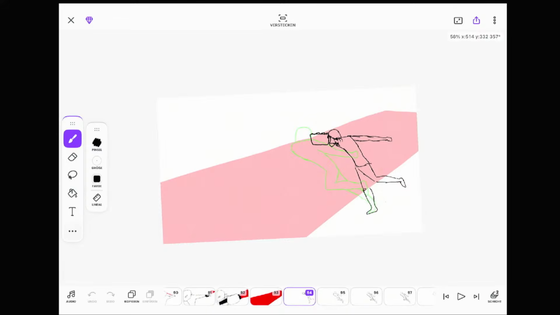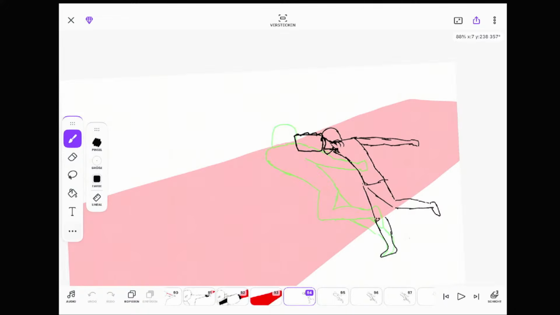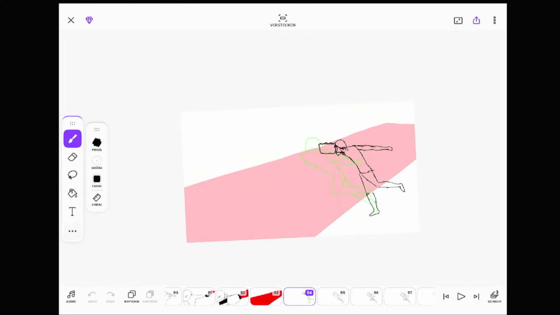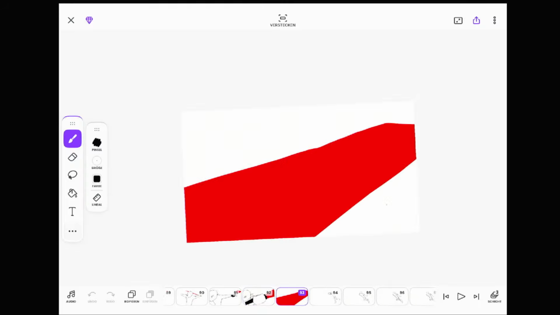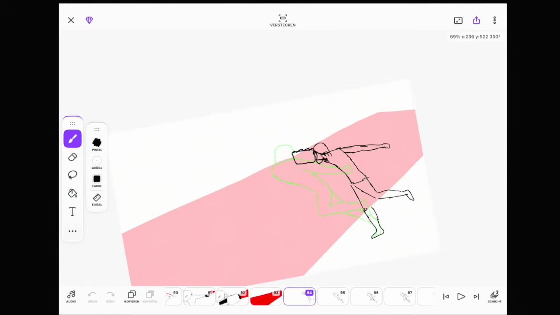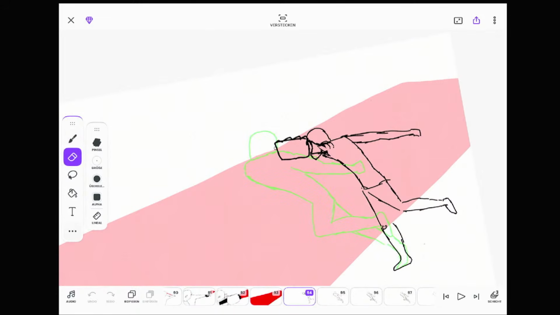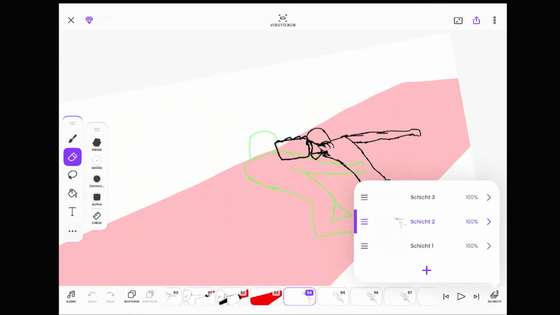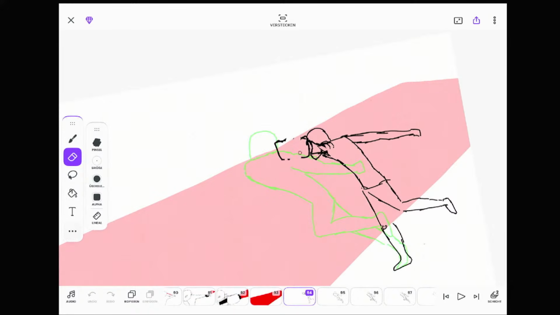Okay, let's see. I actually want to add the lightsaber. And draw this edge here.